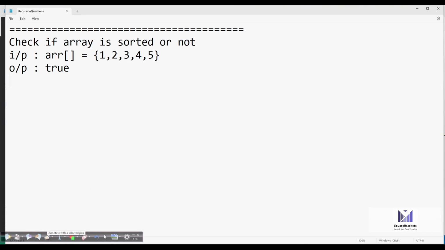If we talk simply about the solution, we have to check the ith element with the i plus 1 element. Let's say we solve this using a loop: we write i equals 0 to i less than n, this is going to be our for loop.